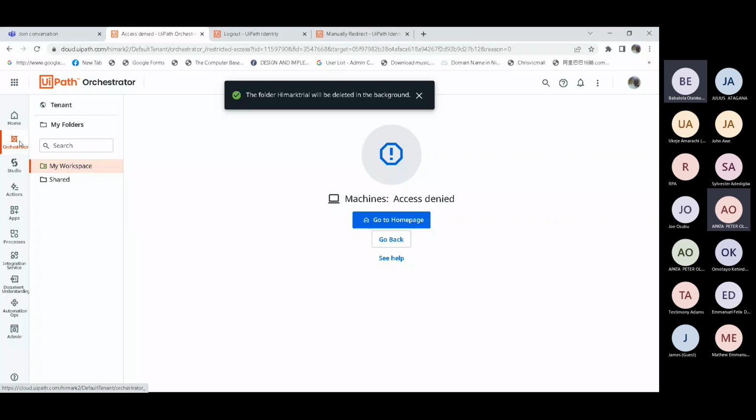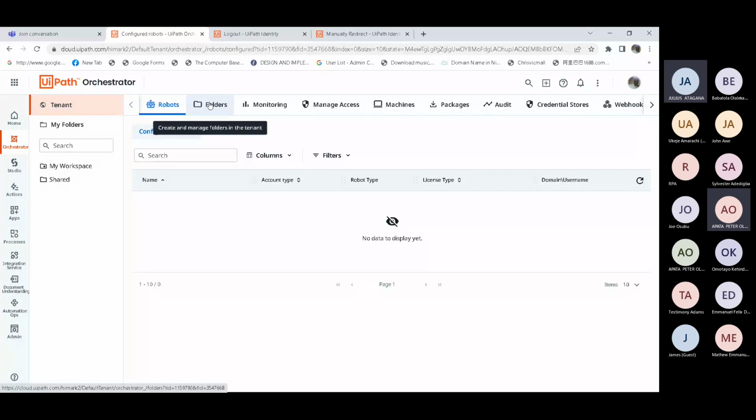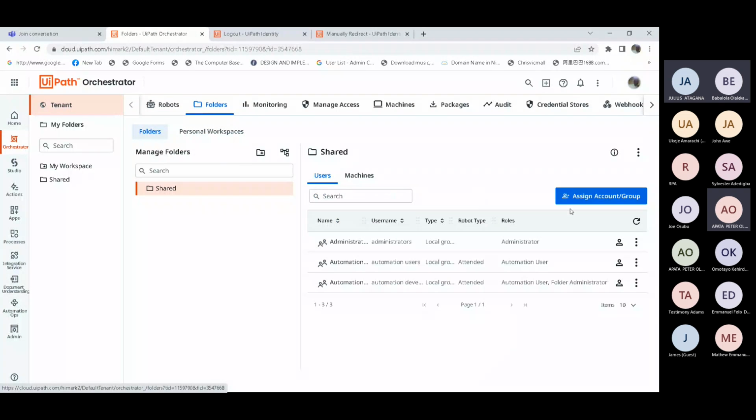So let's create a folder fresh. You want to create a folder? Yes. So click on tenant folder. You see the box under manage folder? No, downward, the same place where you were before.